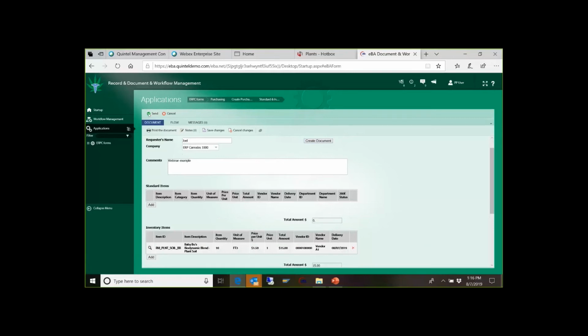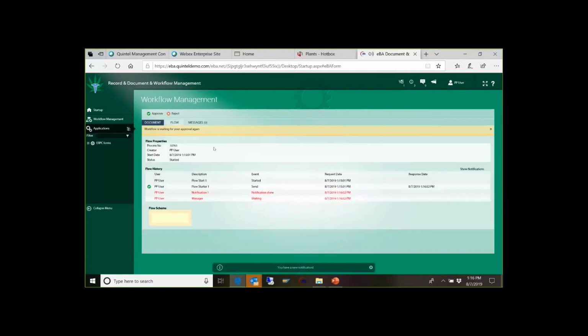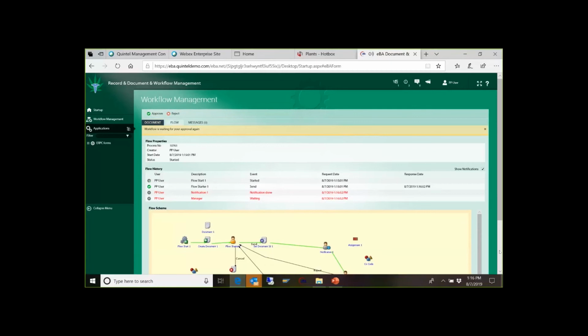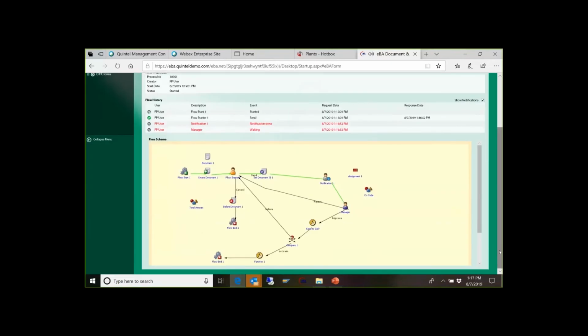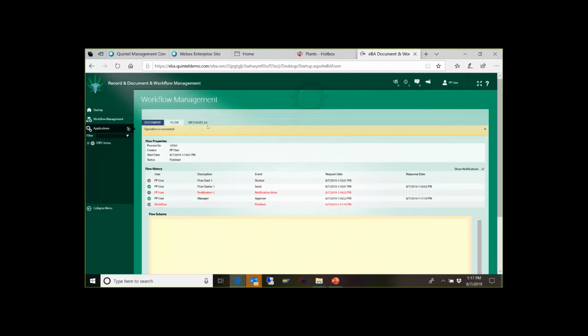and then I can send it or submit it, and it's going to go through the workflow that I have set up for approving this purchase request. So you can see we have an actual diagram that shows what happens. The request is created and certain people are notified. Someone else has to approve it, and that's where we're at right now. So given the demo environment, I'm going to go ahead and approve my own request, and now that's going to complete the workflow. We have complete auditing of each step associated with that workflow for this particular document or for